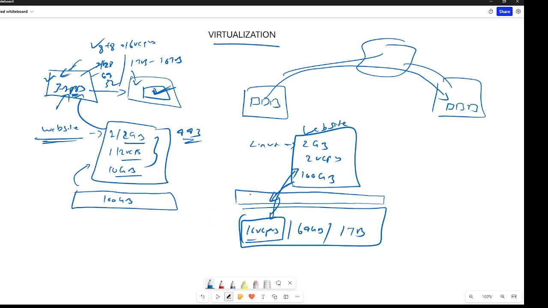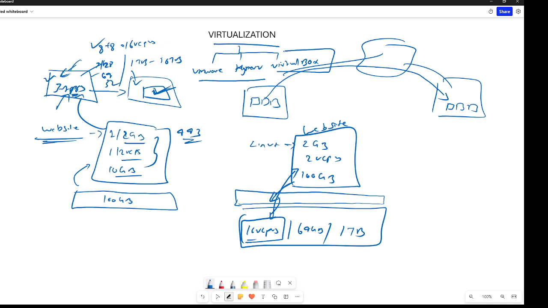Now, I told you that there is a software, and you have different vendors. Very famous is VMware, next is Microsoft Hyper-V, and another one is VirtualBox. These are very famous and provide very robust services.